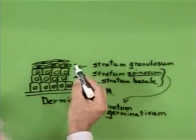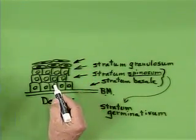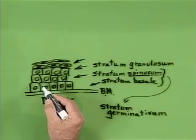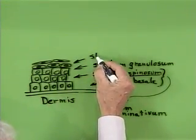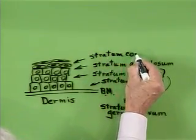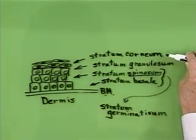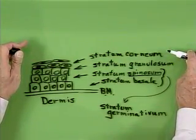Finally, in skin over most parts of the body, we have several layers of cells that constitute the layer called stratum corneum. And these are the outermost cells. The superficial cells in the stratum corneum layer continually flake off and are lost. So basically we've got cells down here at the deep layers that are actively dividing, and some of those cells get moved slowly but surely toward the surface, and then eventually they slough off,